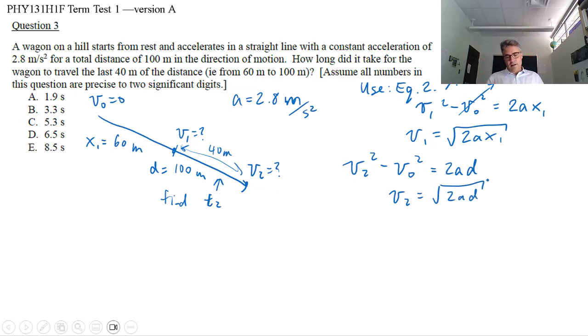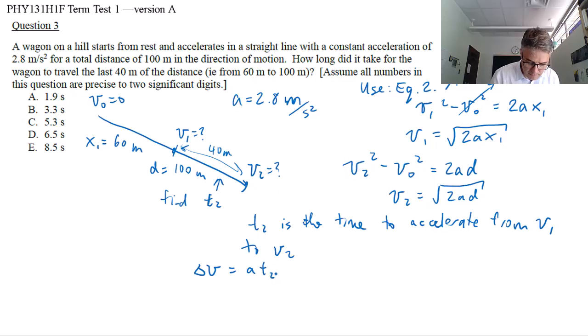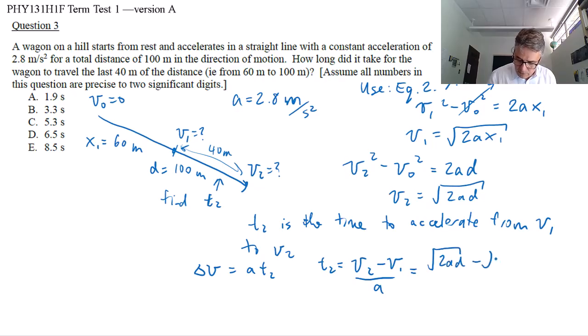And actually, I think that the time t2 is the time to accelerate from v1 to v2, because it gets to v1 here and v2 at the end. I have both those numbers, and I know that delta v is equal to acceleration times time. And so time 2 is going to be v2 minus v1 divided by the acceleration. So I can just say square root of 2ad minus square root of 2a